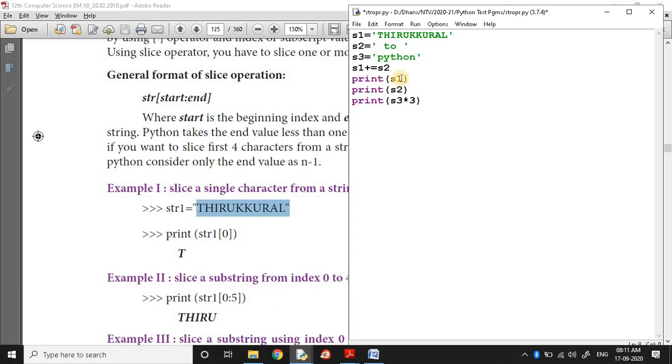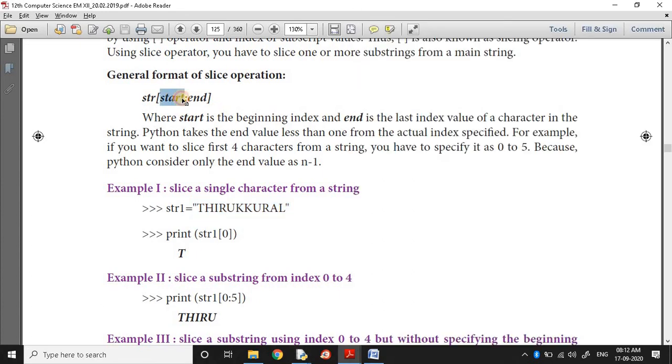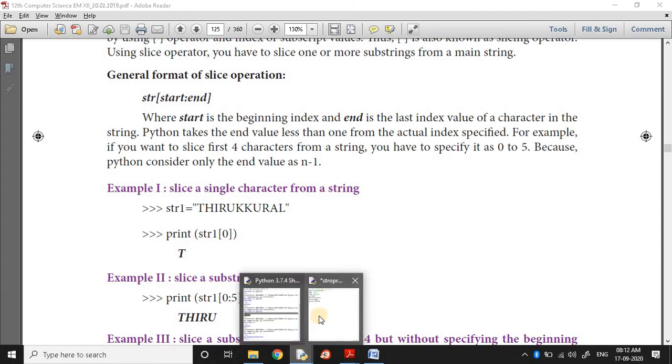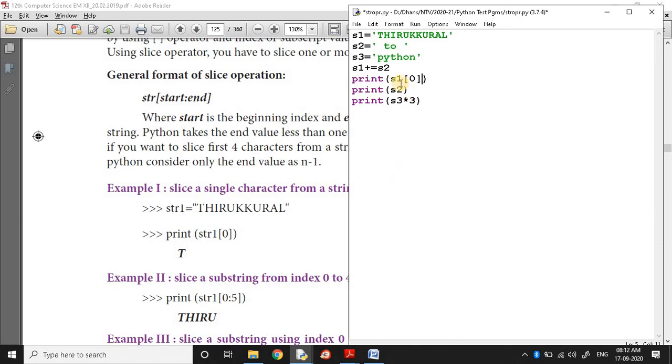S1 of 0. Start and end are both optional. Start, end, third argument: first argument, second argument, third argument, any argument can be optional. So S1 of 0 means only the first character is obtained.